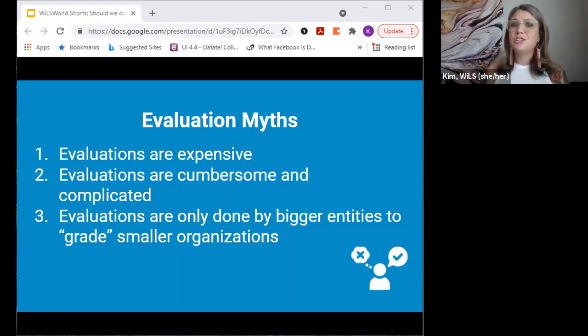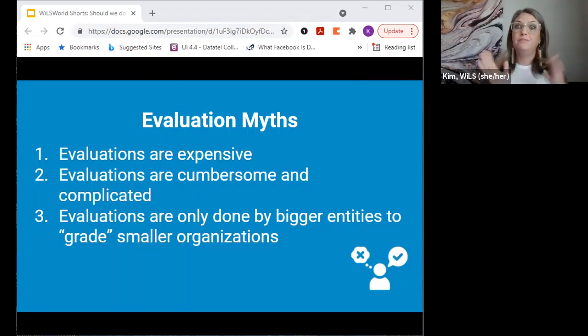In addition, evaluation doesn't need to just happen at that large scale level, and that's not what I'm going to be focusing on today. In fact, I'm hoping you leave the session today feeling a little more confident about how smaller scale, lower stakes, inexpensive evaluation efforts can be really powerful and beneficial at the organizational level, since that's going to be the focus here.